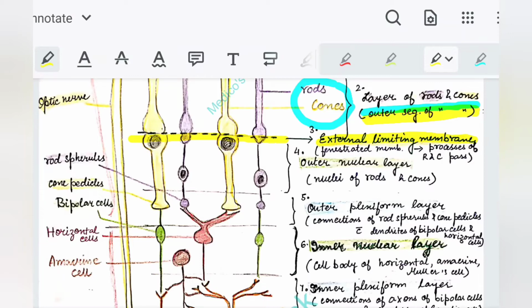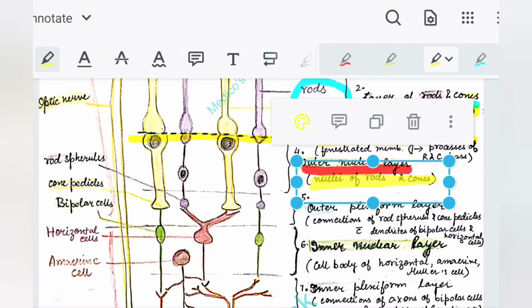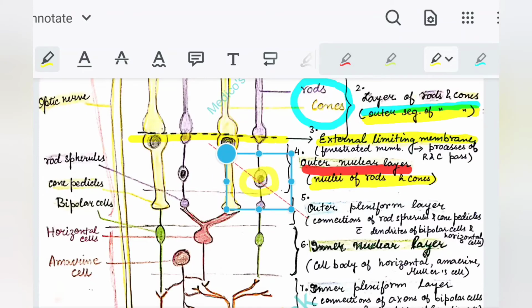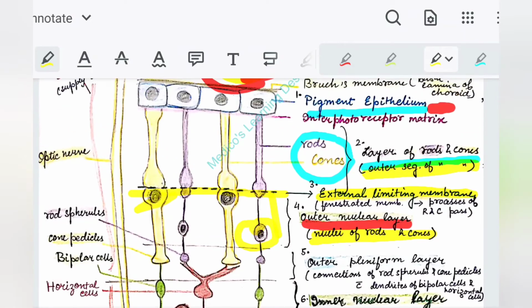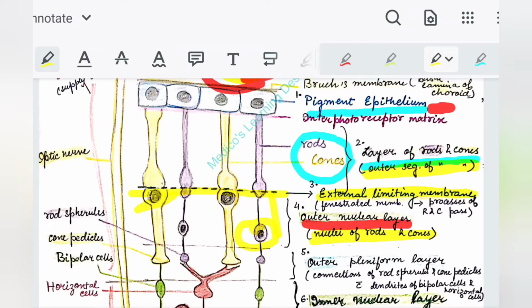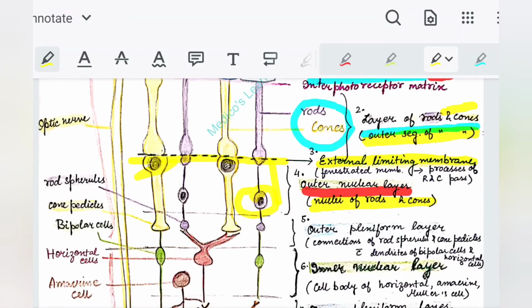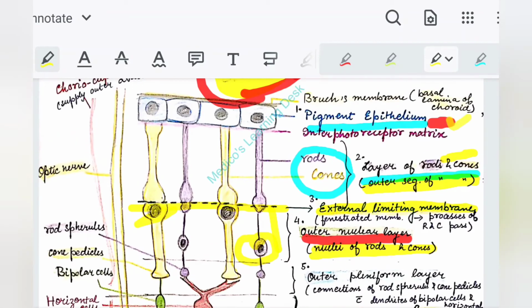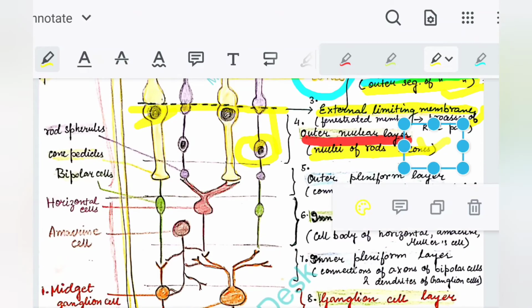Now coming to the outer nuclear layer. The outer nuclear layer has the nuclei of the rods and cones. See, here are the nuclei of the rods and cones. Nuclei are present in the outer nuclear layer, and the outer segments of the rods and cones we call the layer of rods and cones. So first pigment epithelium, then layer of rods and cones, then external limiting membrane, then outer nuclear layer, then